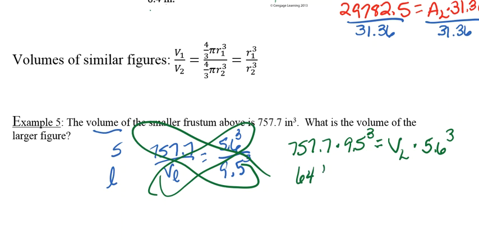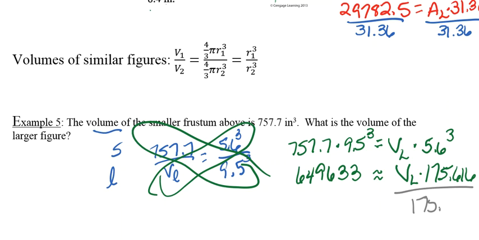This side is 649,633 approximately. 5.6 cubed is 175.616. Go ahead and divide to get that by itself. So on this one I went 1 decimal place on the smaller volume, so I'm going to do that on this one. So the larger volume is approximately